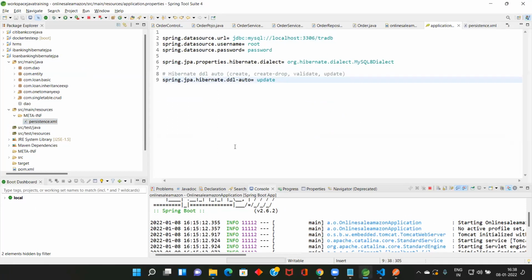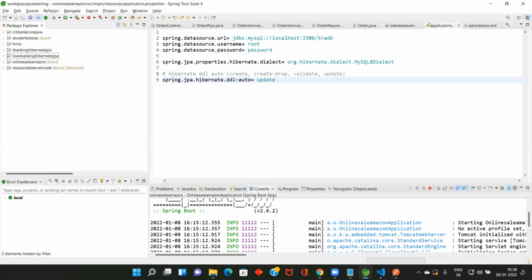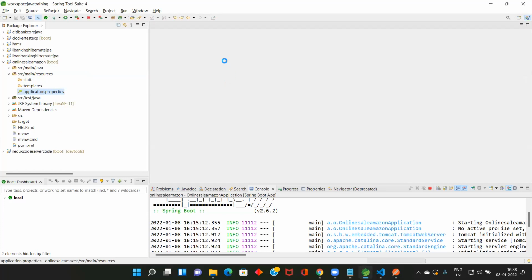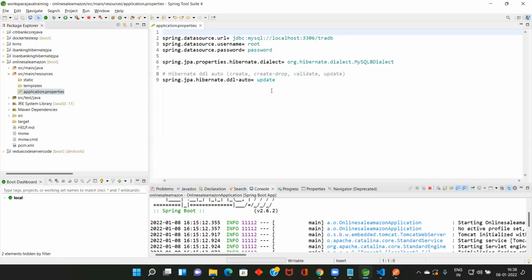So what are the things that we created here? In the application.properties file, let me close all this. So first step, here we did all the configuration: my database, username, password, MySQL dialect. If it is PostgreSQL, then PostgreSQL here. So auto update. So this is done. We have given the database related properties.